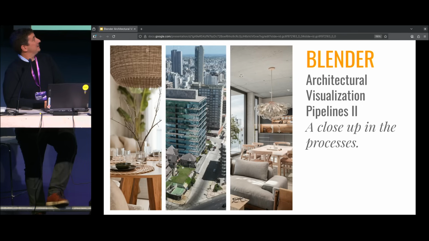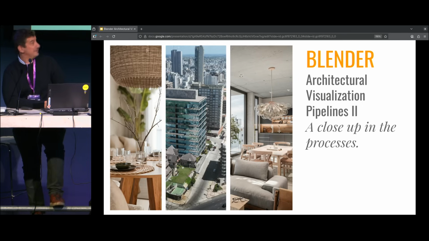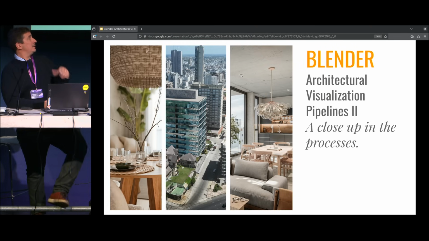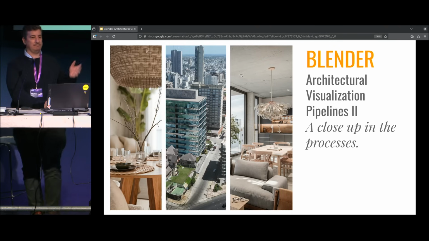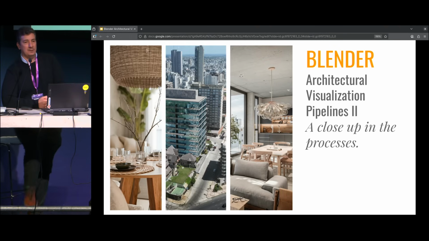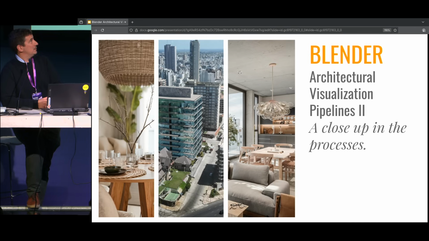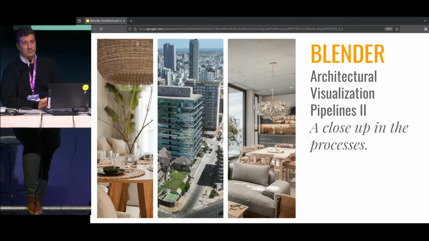So this presentation is about architectural visualization pipelines. Last year, I gave a talk in the theater. It was 15-20 minutes, so it was a quick overview of what we do as architectural visualization. So this year, the idea is to dive a bit deeper into our processes. Of course, we have 50 minutes, so it will be, again, not as deep as maybe